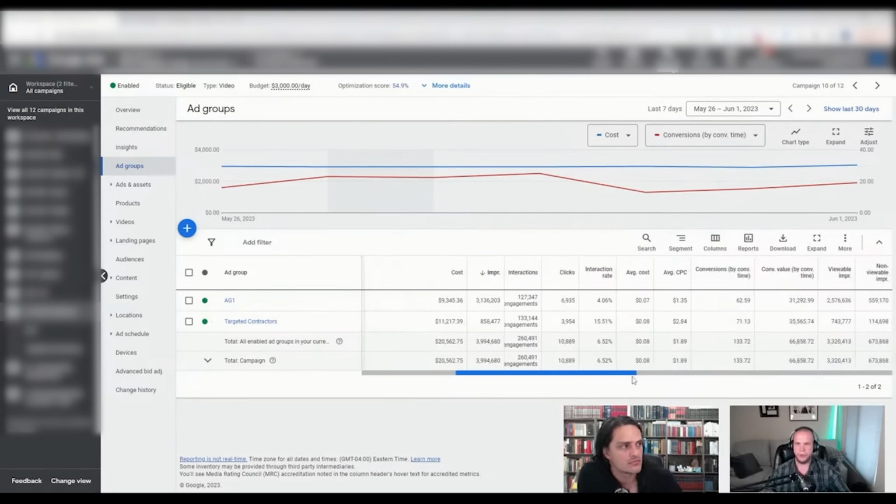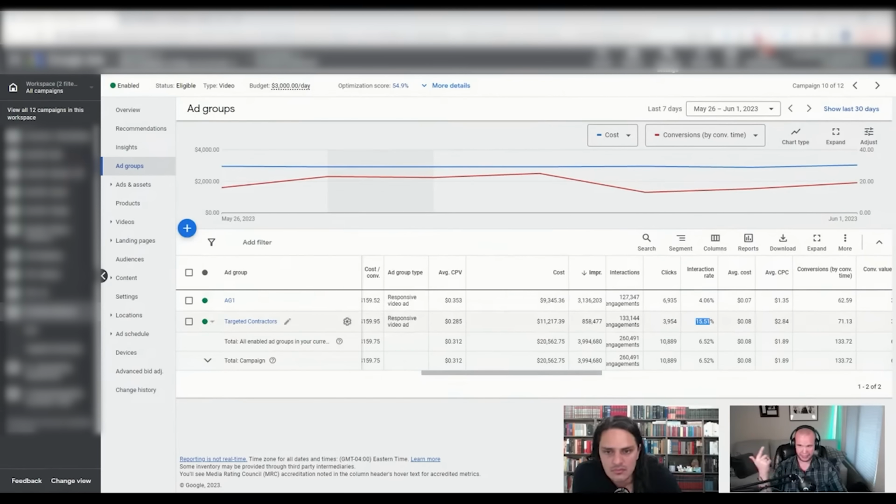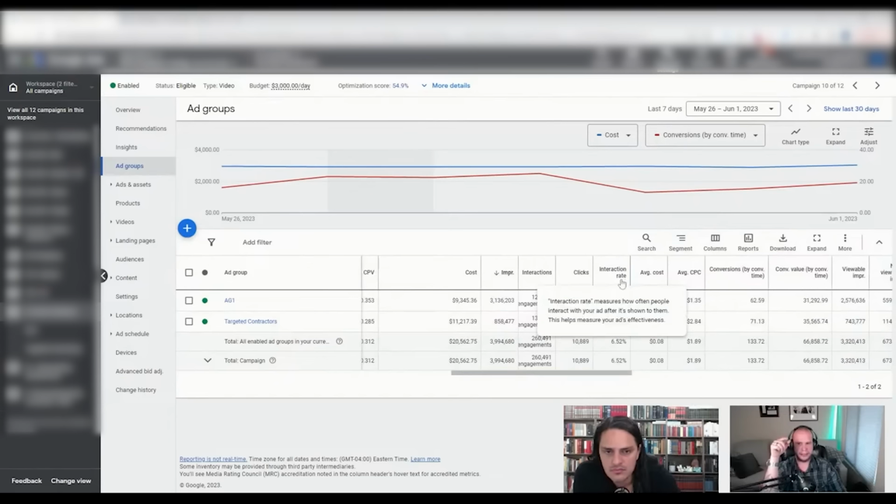Now let's start into measuring what's actually good. So here's an area that Google's going to screw you up. See the interaction rate, 4 and 15. One's triple the interaction rate, but the same basically cost per lead, same amount of leads and the same cost. Like, what's the difference? Well, the interaction rate is not a click. It's placement. Look at the clicks versus the interaction. Interaction is a view. Interaction is a like. An interaction is a share. An interaction technically could be going to your YouTube channel and getting an earned view because they looked at other videos on your YouTube channel. Those are all interactions. Those are indicative of intent.